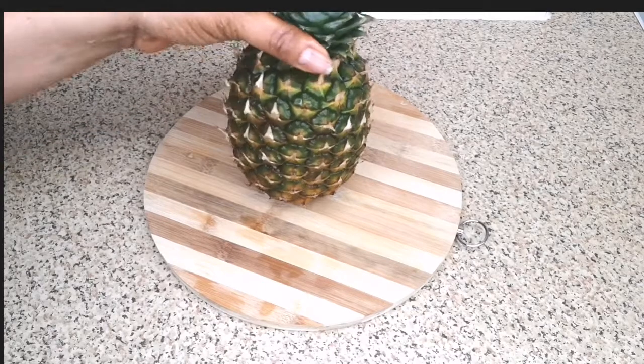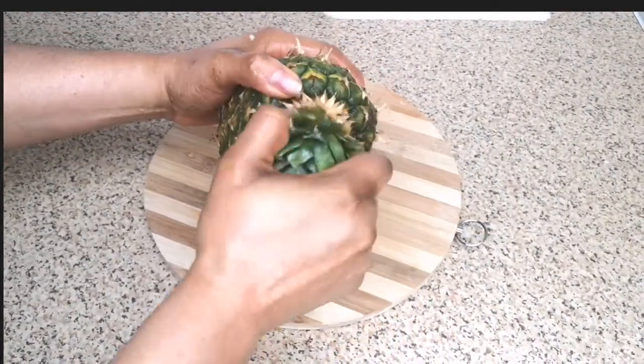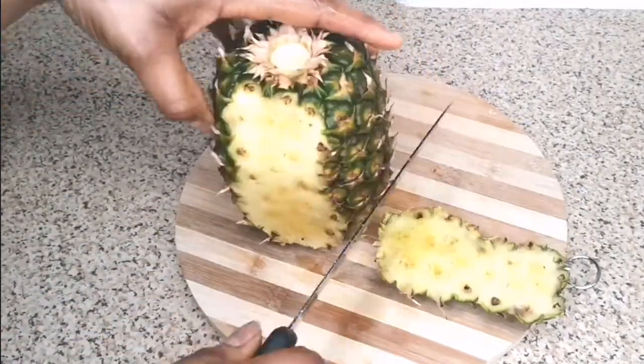Let's get started. To make the drink, you need a whole pineapple, and I've washed it. It's clean. You have to wash your pineapple. After washing your pineapple, the next step is to